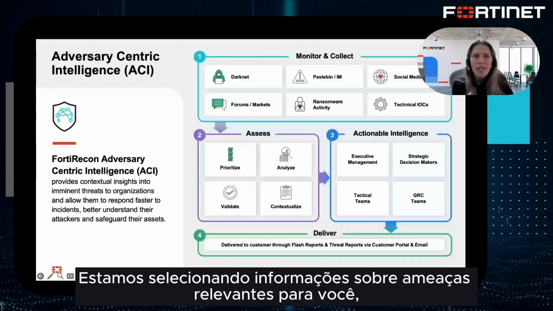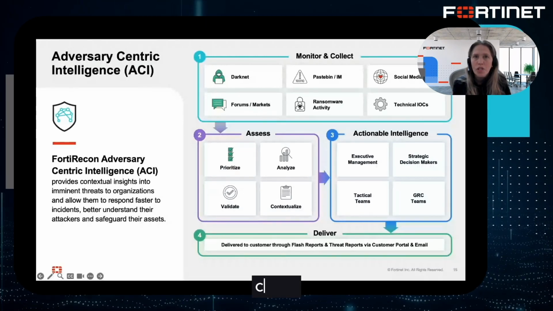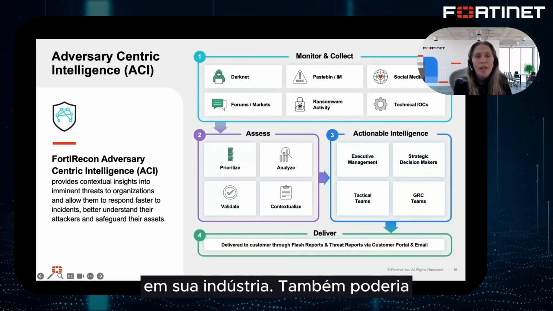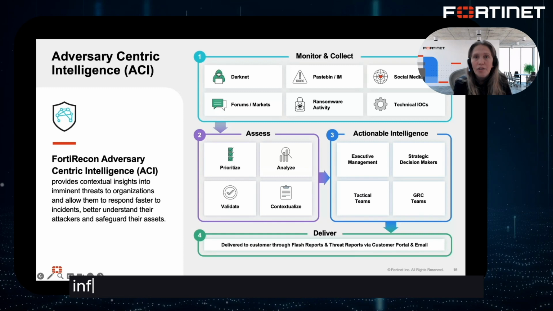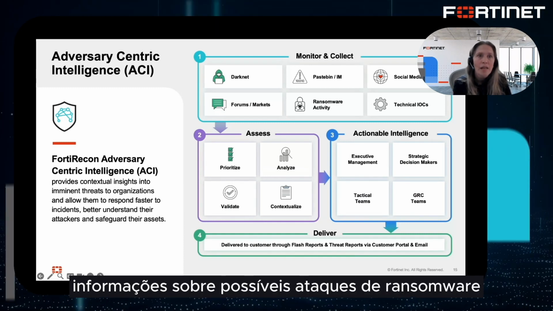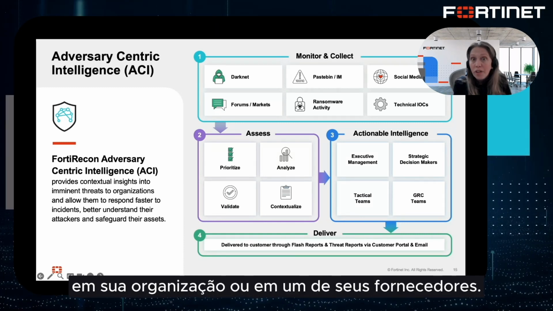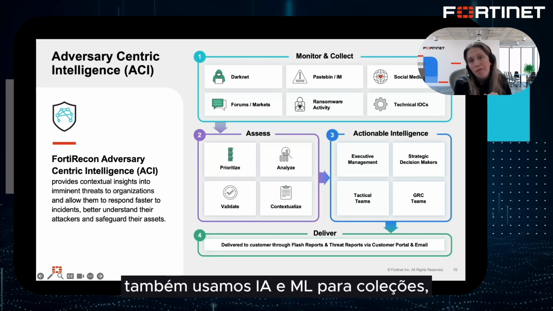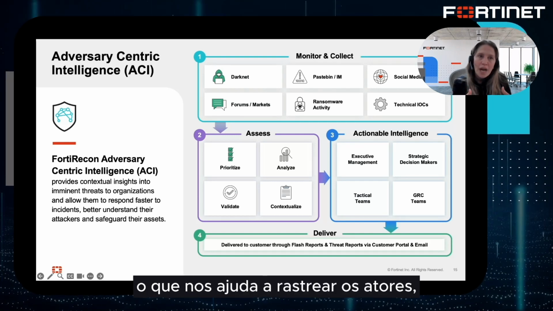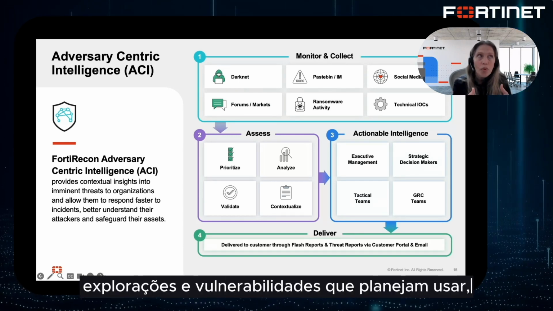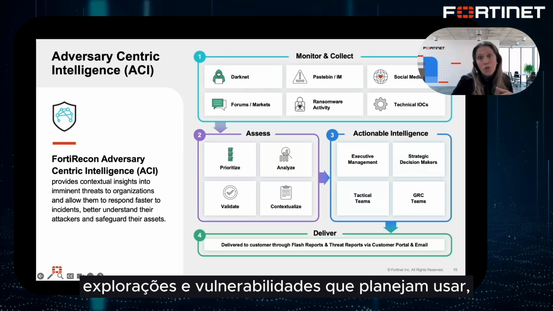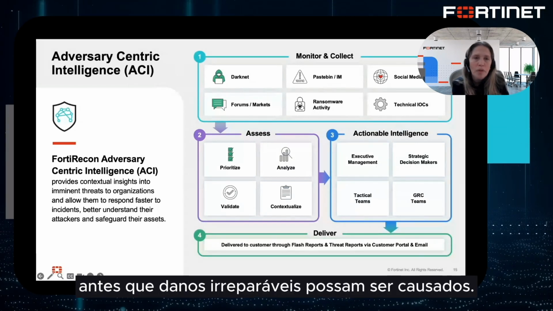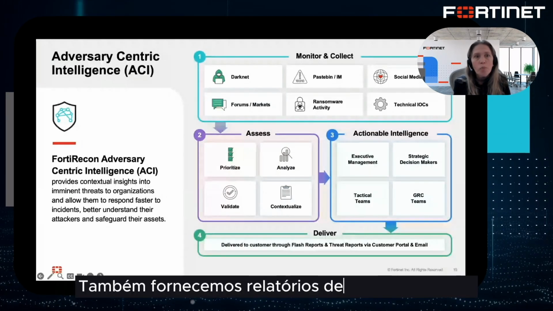We are curating threat intel that is relevant to you, such as a list of new vulnerabilities that are being abused in your industry. It could also involve detailed information about potential ransomware attacks on your organization or on one of your vendors. In addition to human intel, we also use AI and ML for collections, which helps us track the actors, exploits, and vulnerabilities they are planning to use, to help our customers take preemptive steps before irreparable damage can be done. We also provide threat and